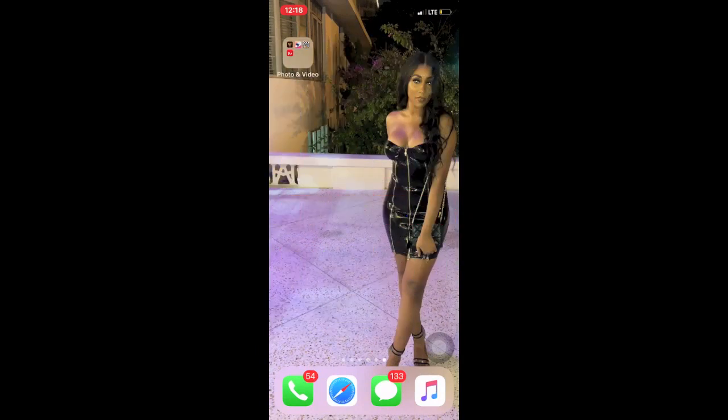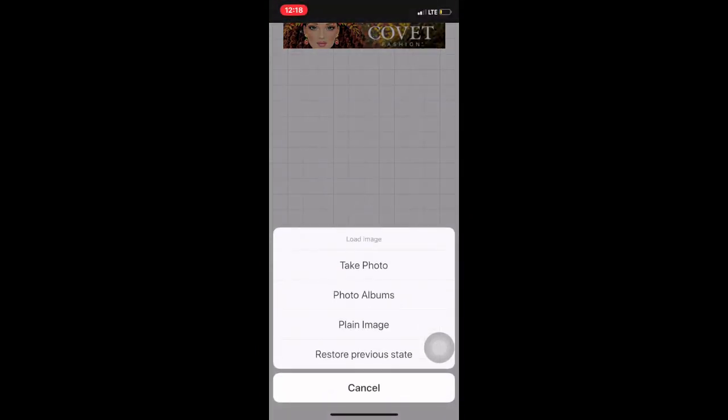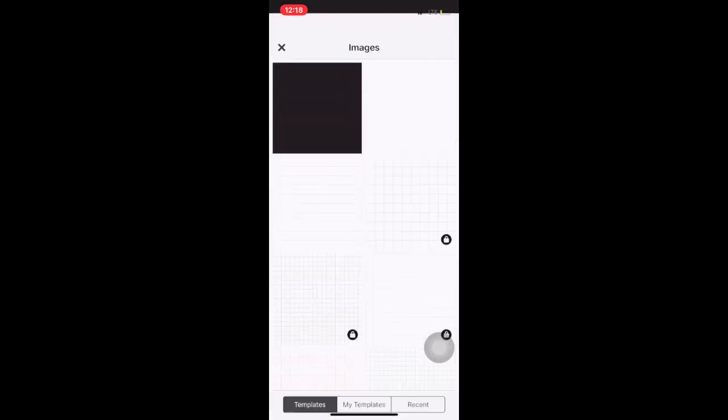As you can see, it's kind of in the background of that thing really quickly. But I also make that on Phonto. So I'm going to